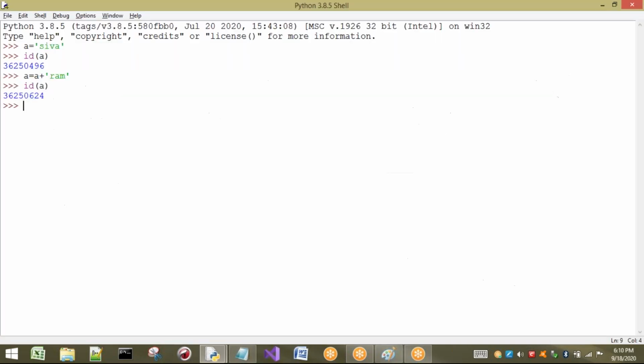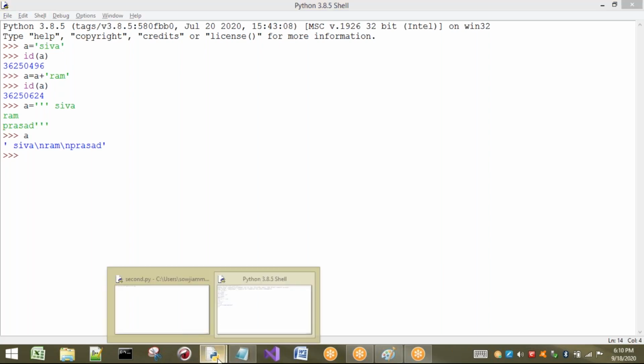Let me show you. See here, I am going to write Shiva, Ram, Prasad, for example. If I print a, it is going to give me a slash, and we have already discussed this point.